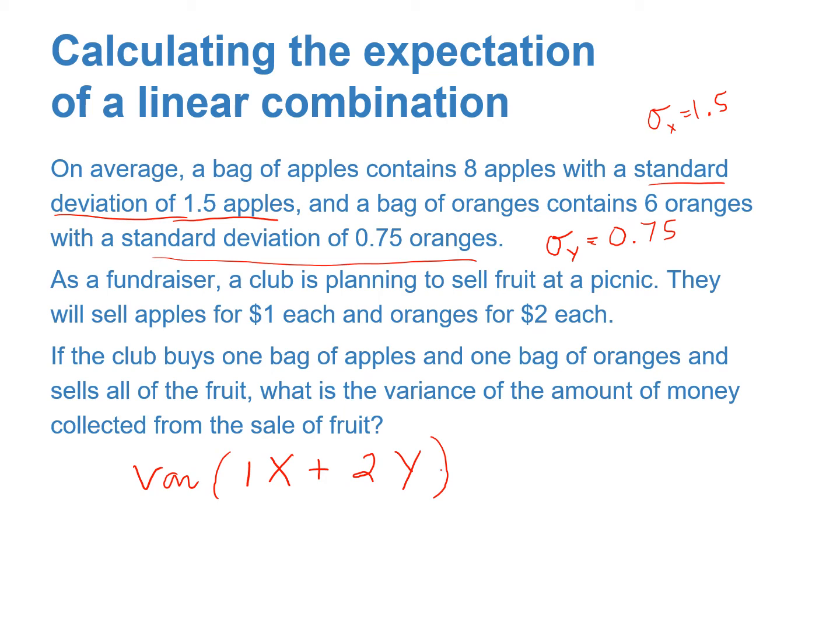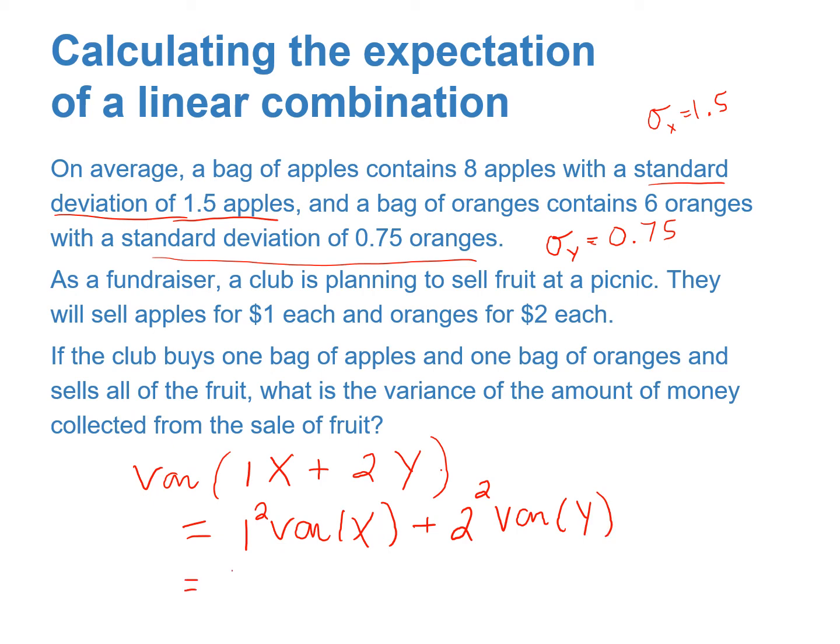Okay, so the linear combination formula tells us this variance is equal to the constant 1 squared times the variance of x plus the constant we're multiplying by y, 2 squared times the variance of y,